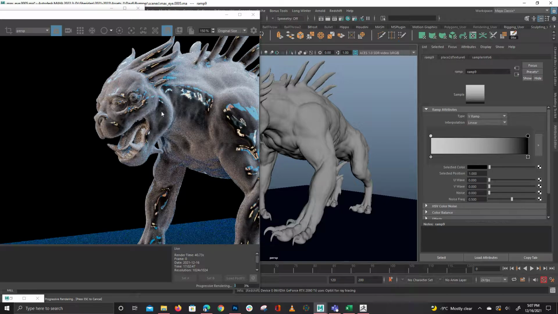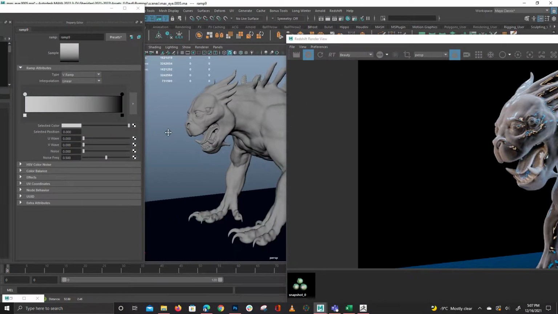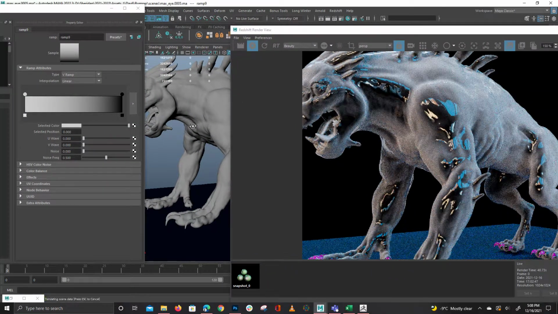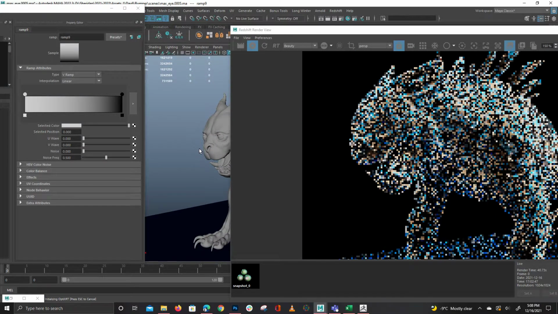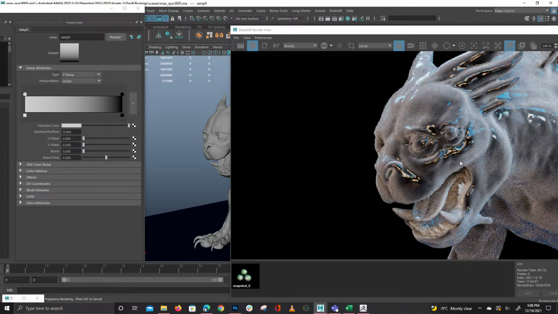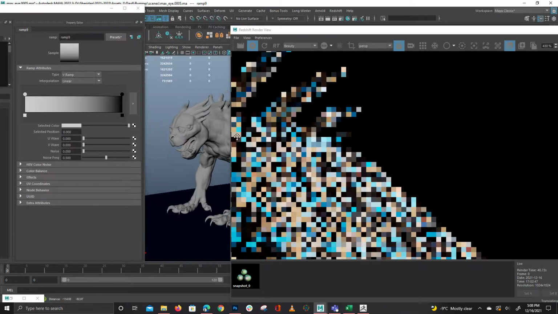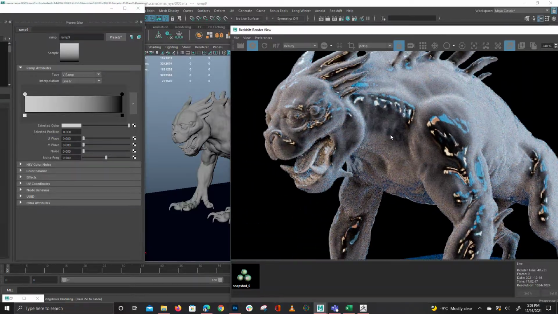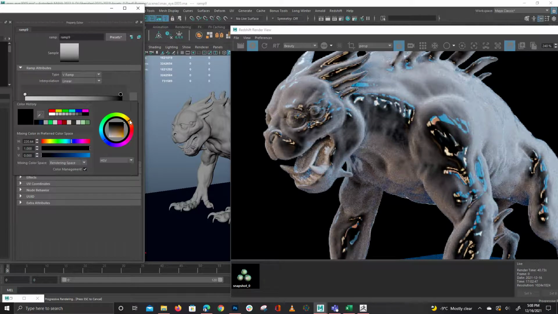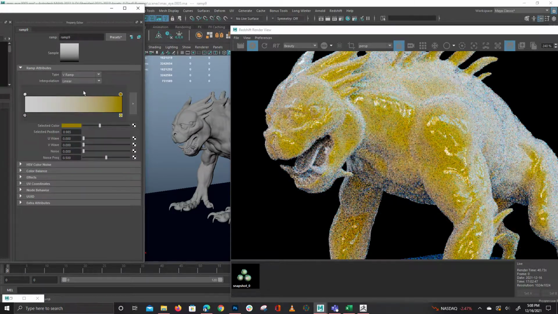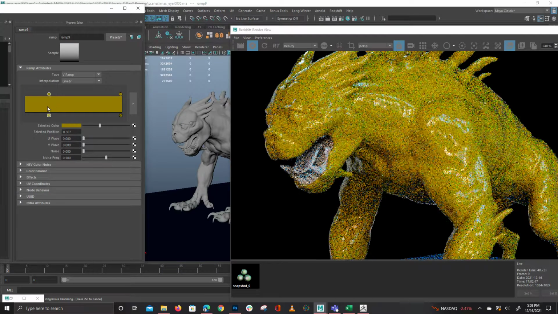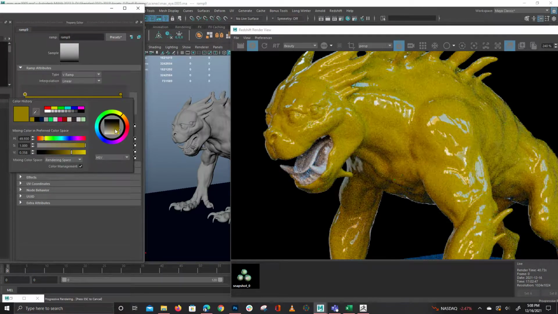And then it's really just a matter of playing around with color and things like that. So right now this is in color. If I wanted to create a bit of a greenish color, like in the ZBrush shader, I could do that. And it's looking pretty cool in through here too. We could just create any color, right? So if I wanted this to be more of a yellow, and I wanted to go to more of a green,